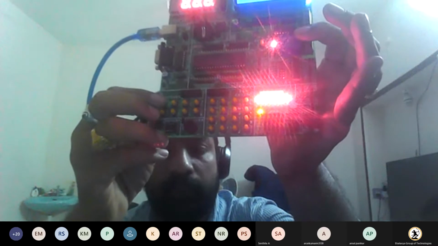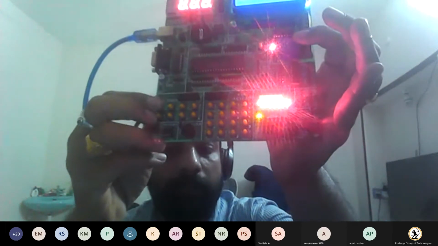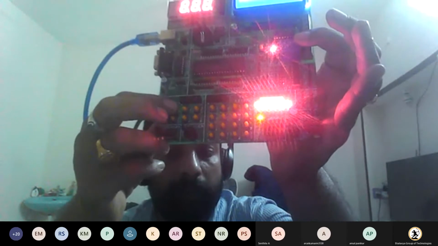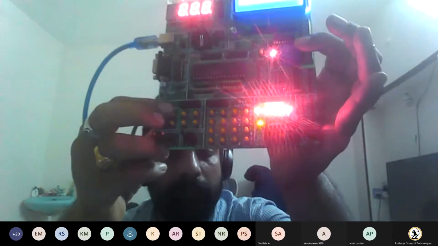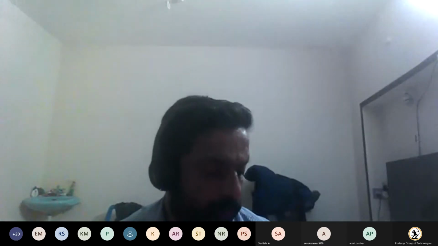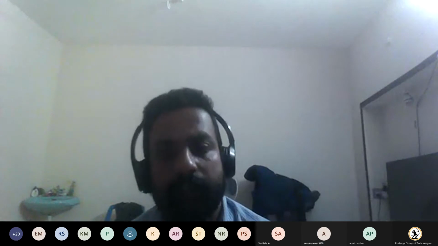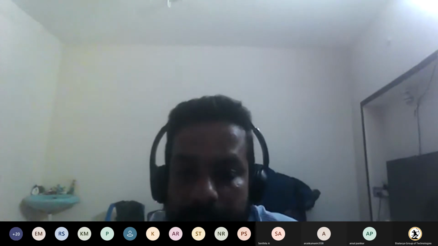One LED will switch off and again it will switch on. Like that, we are able to control the LEDs with the switches.